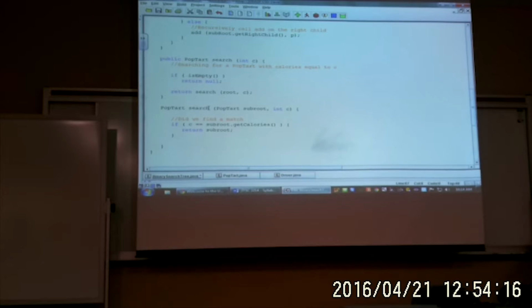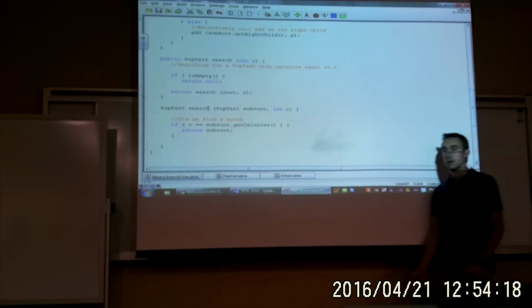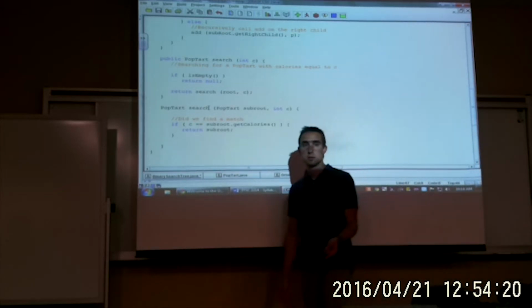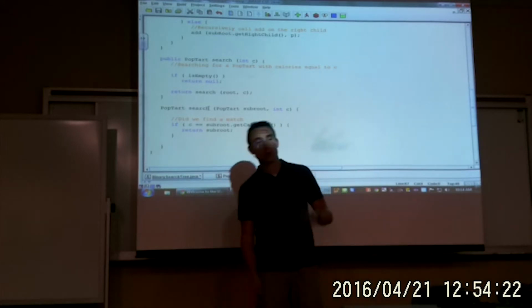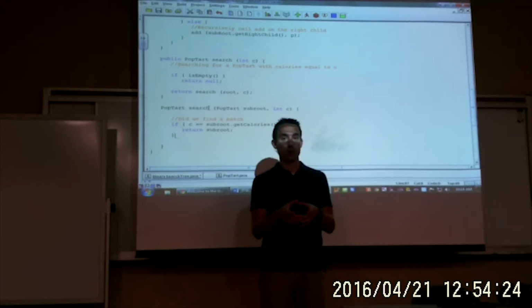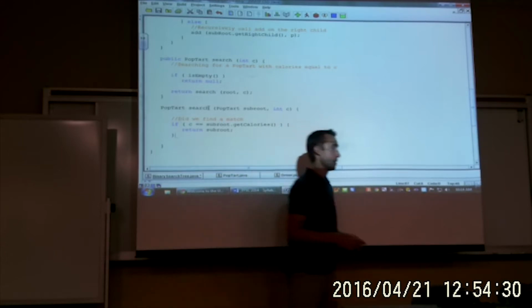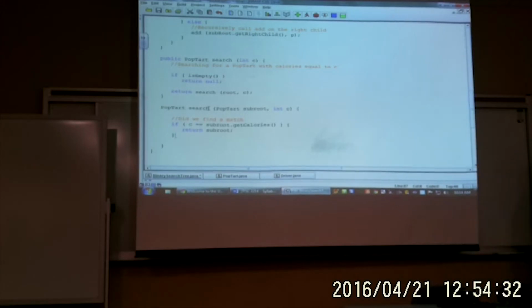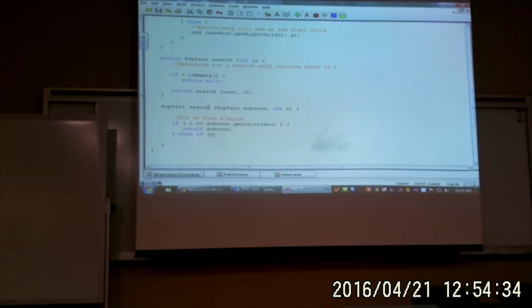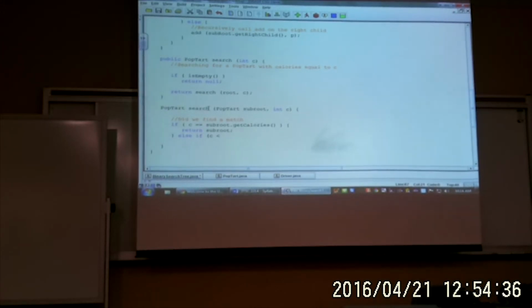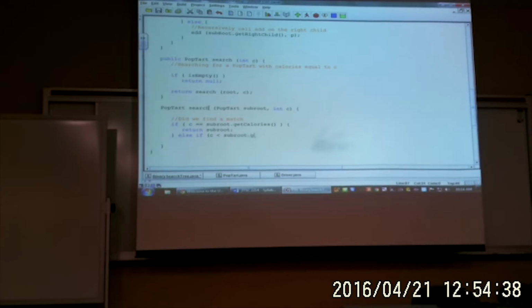Now, if we didn't find it, the next choice is, do we go left or do we go right? If it's not at the root, then the value is either less than or greater than. If it's not equal to, it has to be less than or greater than. Okay? So, else if C is less than subroot.get calories,